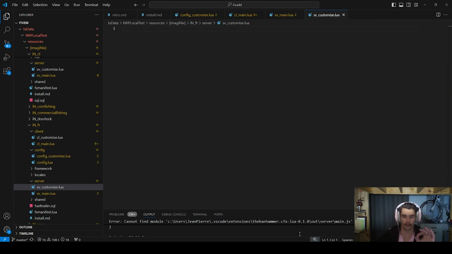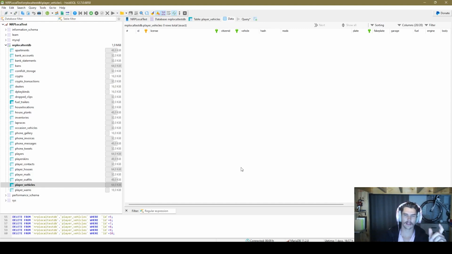The reason being is because every server might have a different named player vehicles table, so the table name might change for the specific server. So to prevent issues with our script, we'd like the developer or whomever's installing the script to actually be able to alter those names, and that'll be beneficial